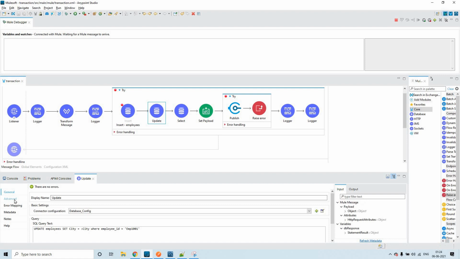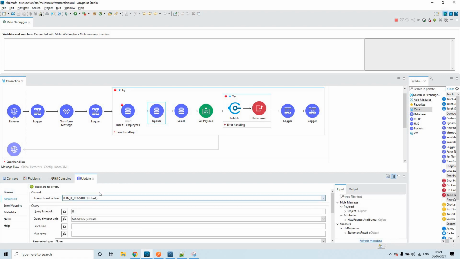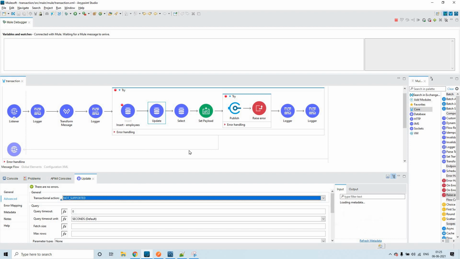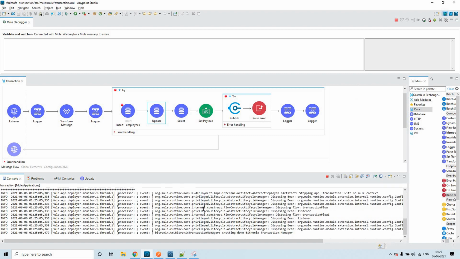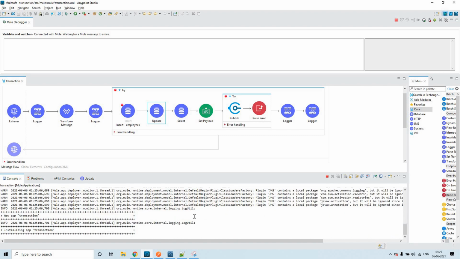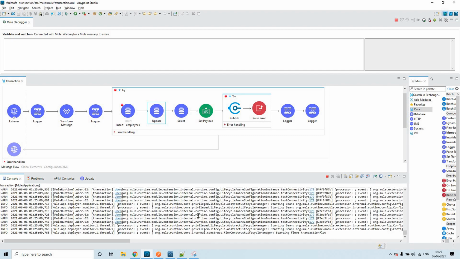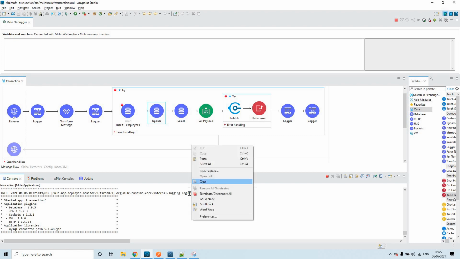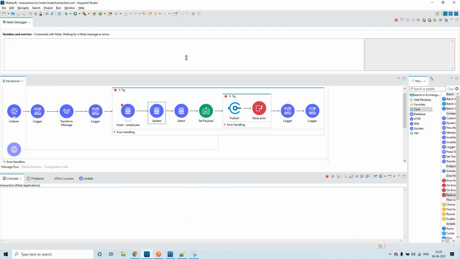Now you see, initially I had put it as something like not supported. When I added it back, I didn't change it to not supported. That is the reason we missed something. We'll see that. This is the only difference.